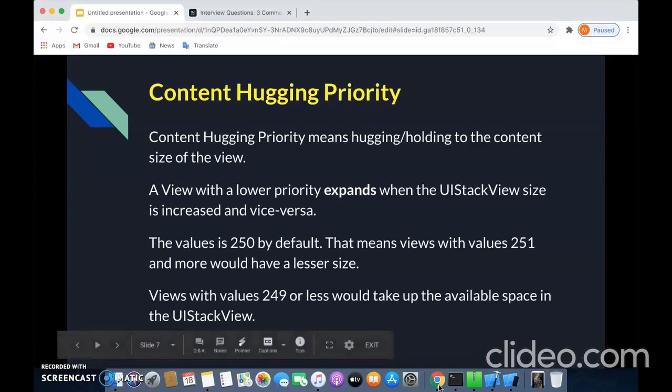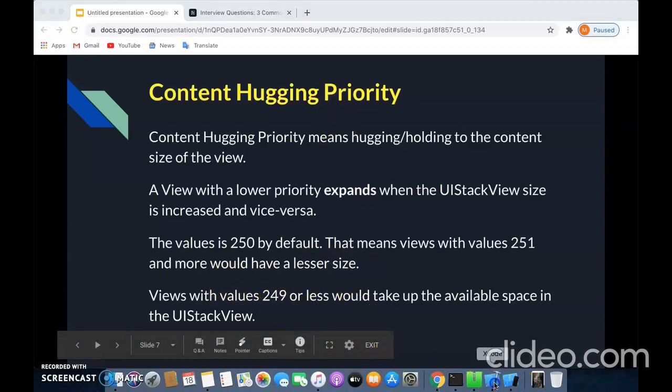But we will go through it first: a view with a lower priority expands when a UIStackView size is increased, and vice versa. A value is 250 by default. This means a view with a value 251 would have a lesser size. The view with 249 or less would take up the available space of the stack view.